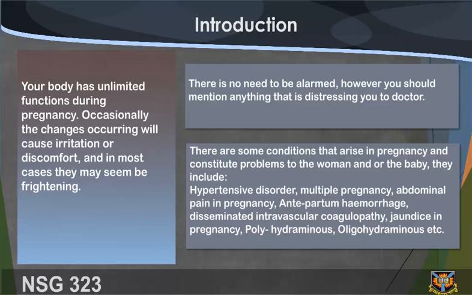There are some conditions that arise in pregnancy and constitute problems to the woman and/or the baby. They include hypertensive disorder, multiple pregnancy, abdominal pain in pregnancy, antepartum hemorrhage, disseminated intravascular coagulopathy, jaundice in pregnancy, polyhydramnios, oligohydramnios,